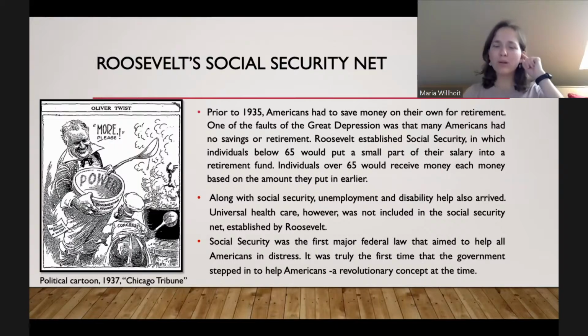So, anyway, along with Social Security, we also have unemployment and disability help, actually. This is to help people who are unemployed, they get an unemployment check. Now, part of unemployment is that you have to be actively searching for a job. But while you're searching for a job and applying, you can receive help from the government, both from the federal government and the state governments. But it's mostly the state that actually helps you. And same with disability.